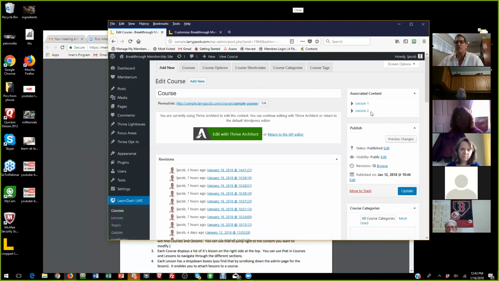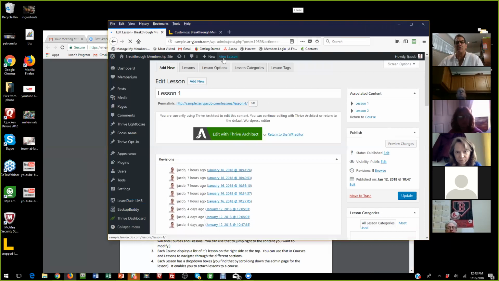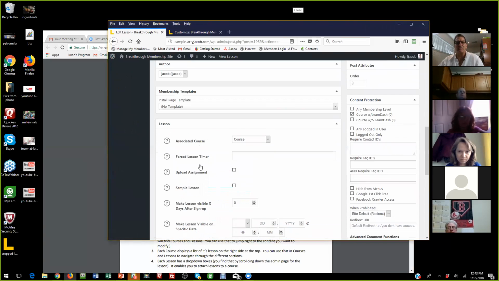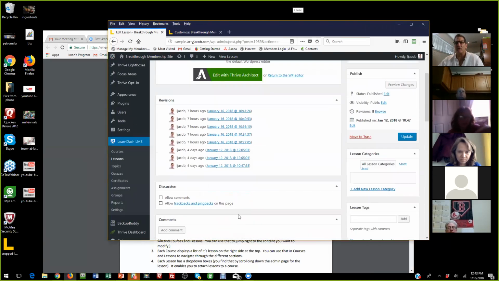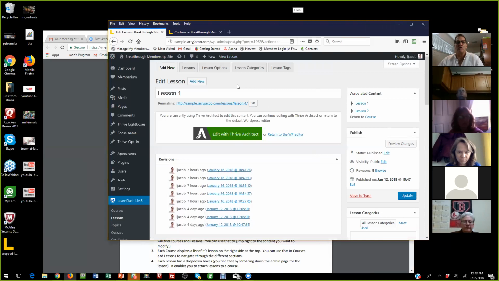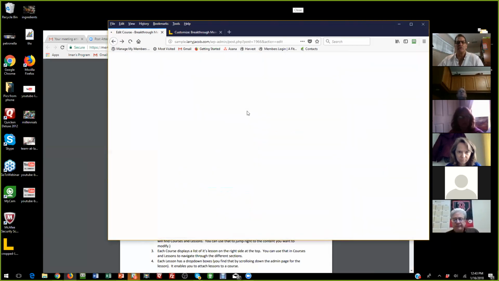So if I get to a course and I want to get to one of its subcomponents, I just click here. And you notice right now I'm at View Course. It became View Lesson. So in WordPress, there are different post types, one for each different type of thing, and that determines some of this information at the bottom that I'll go over in a moment. So let me go back to the course,